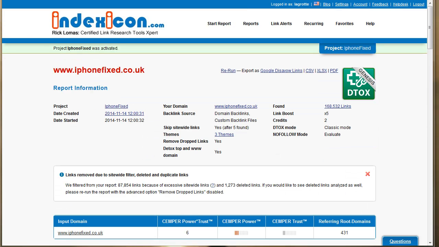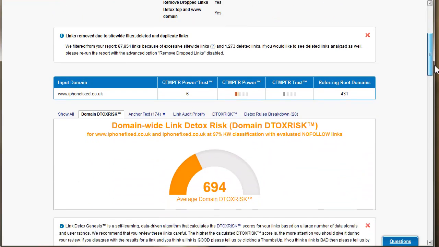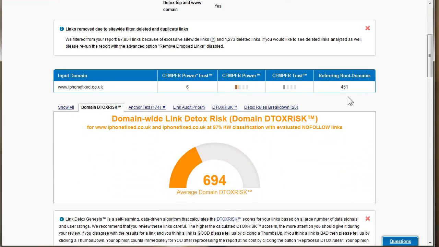Okay, so the report for iPhone Fixed is done now. It ends up showing you that there are 431 referring root domains. The site has a power trust of 6, which is still a little bit low, I suppose, and the power is 3 and the trust is 2.